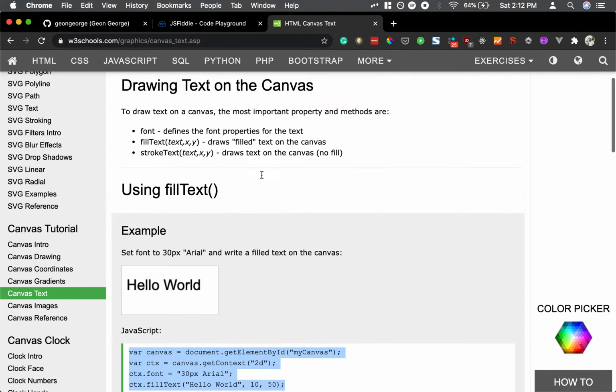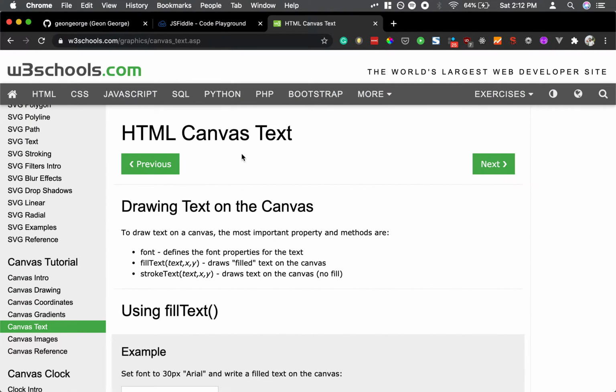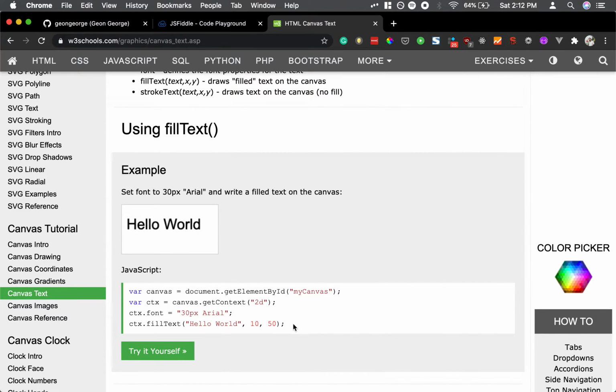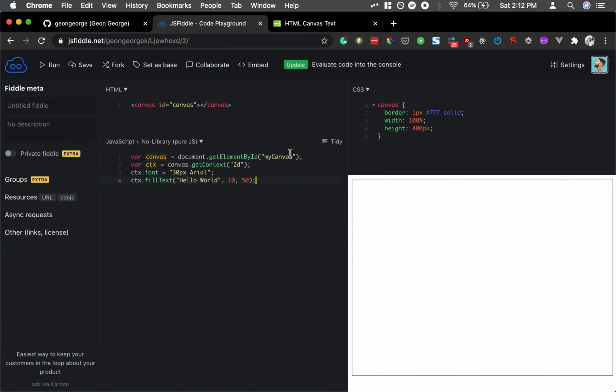And over here you can see the W3 Schools canvas text documentation and it's pretty cool. So let's try that. Okay, we'll just copy and paste this over here and this doesn't look so hard. It's just 4 lines and the ID is canvas. Okay, so let's run that. So we got a text here,